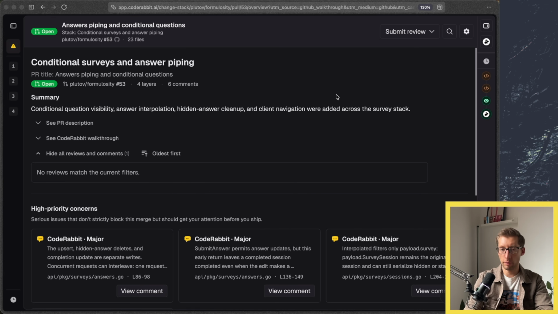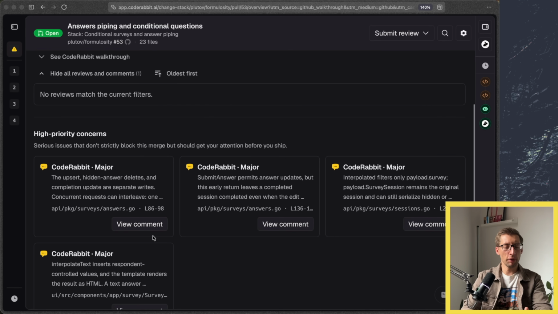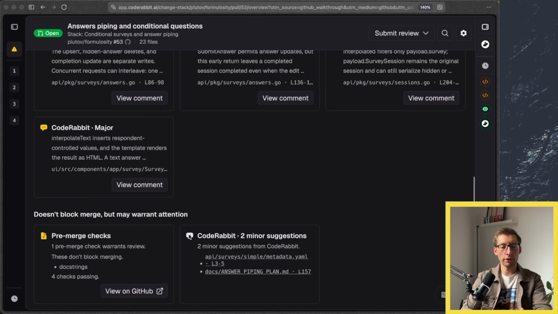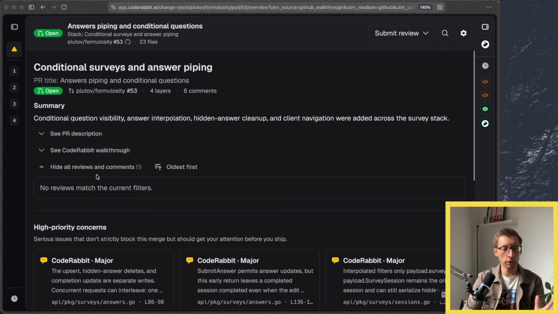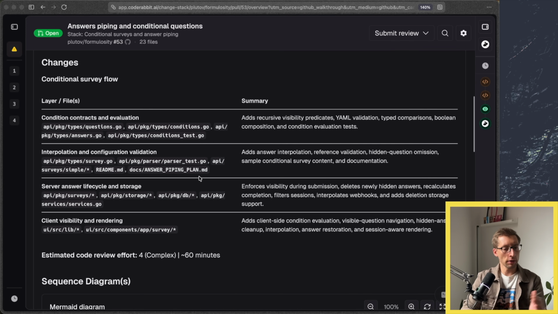Let me also make it bigger. So here we are seeing our pull request summary in human readable text, as well as some high priority concerns, which people tend to go to right away. I actually like to skip it at first because as a developer, I want to understand what the pull request is doing first. So I would probably go into the walkthrough and maybe check the files,